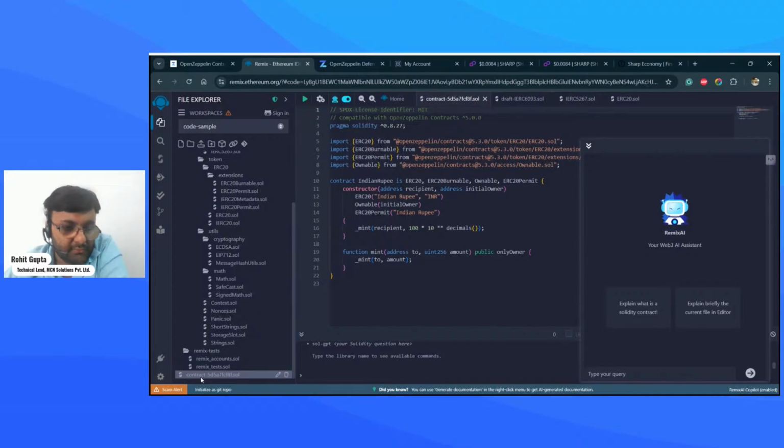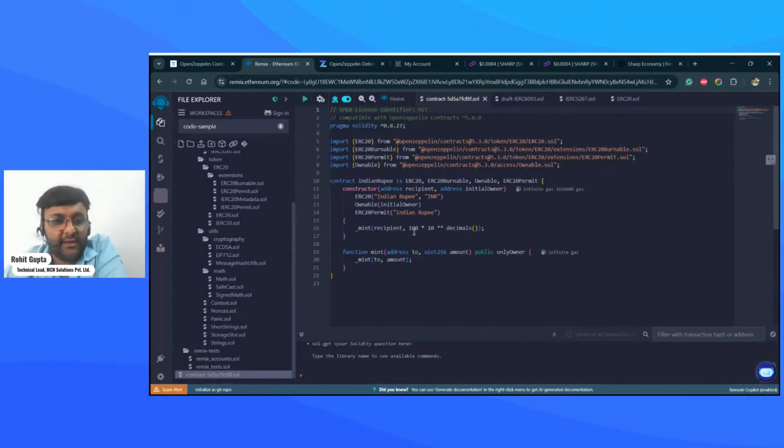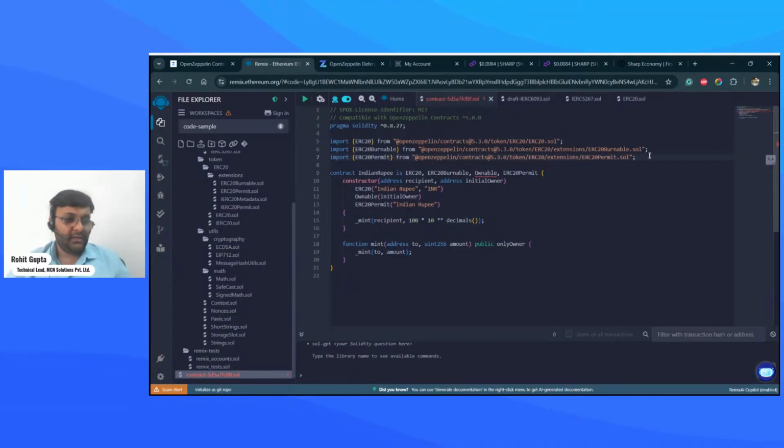So it is at the bottom. Contract, random name. Everywhere we have AI. So what I'll do is remove the Ownable part. This Ownable part is removed. I don't want Ownable, so this also goes away.